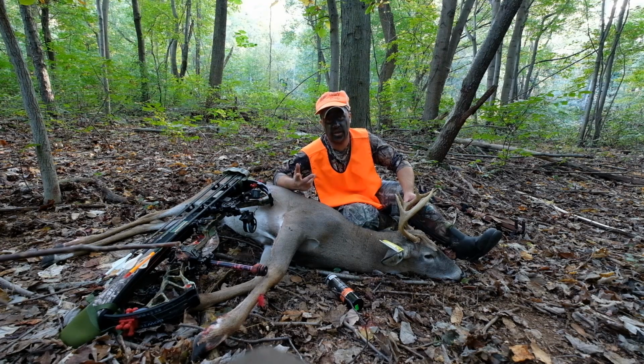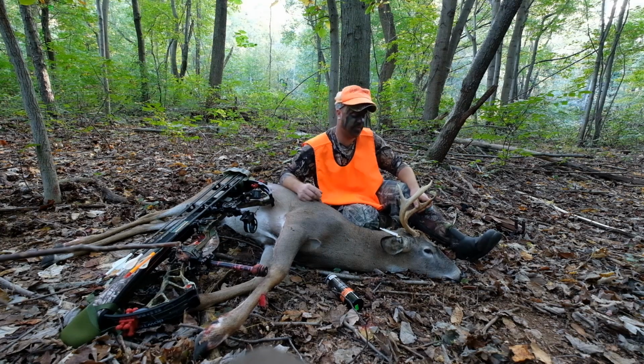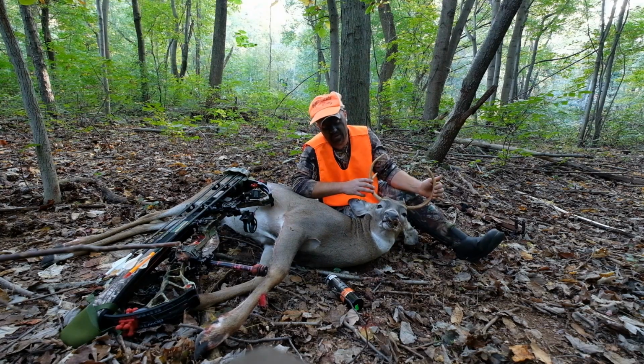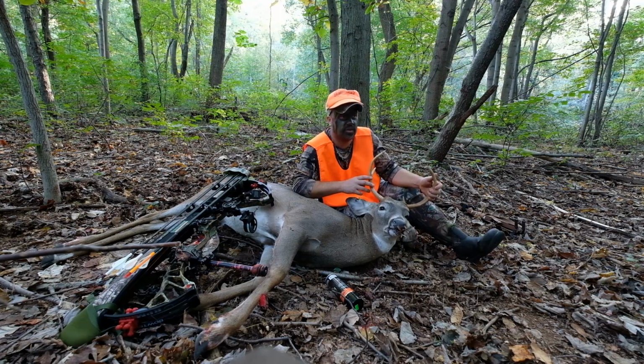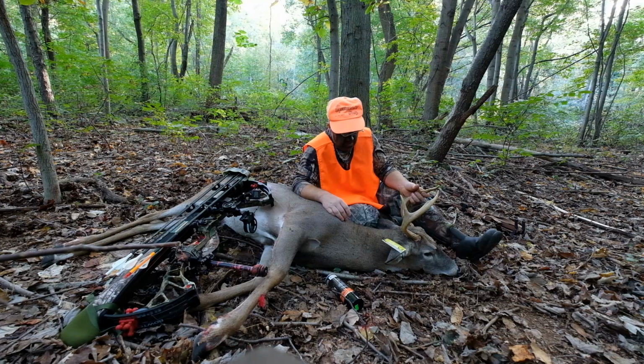Right now I'm using a Fuji X-T2 mirrorless camera for my B-roll, and I have a Rode wireless mic for my audio. My main camera is a Canon XA30, and I have a Rode shotgun mic for that, and that's what I filmed the hunt with. And I had everything, all my settings and stuff turned up because it was about 10 minutes after legal shooting time. And yeah, this guy walked in and